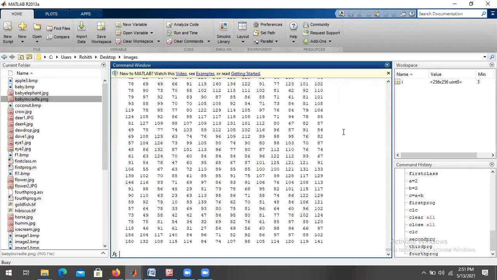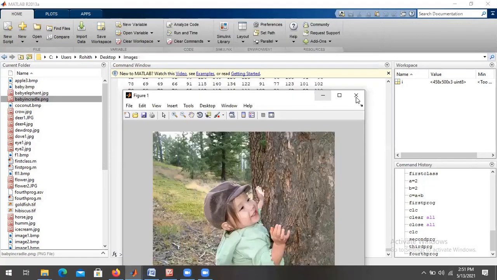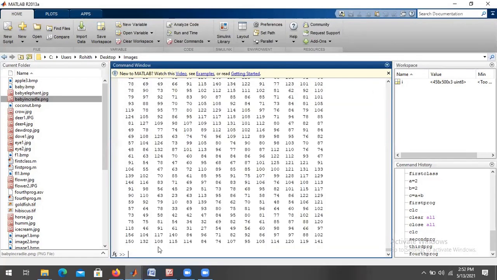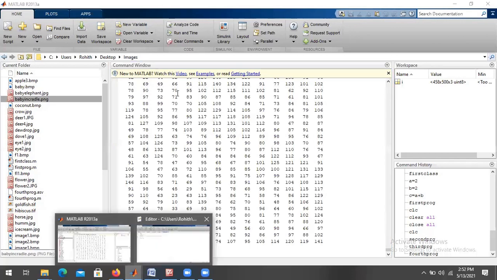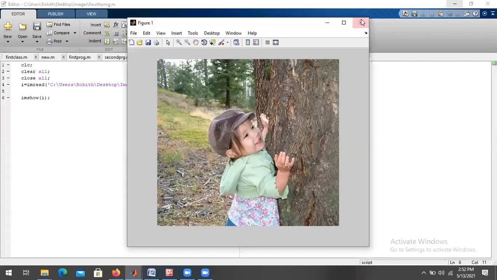That is the reason I used to keep the semicolon, because while I'm reading this image, these matrix values of this image, the x and y direction values, are all being read. That is the reason I said in the previous session that it takes much time. If I use semicolons, it doesn't take much time actually. Yeah, you can see this. So this is the time.